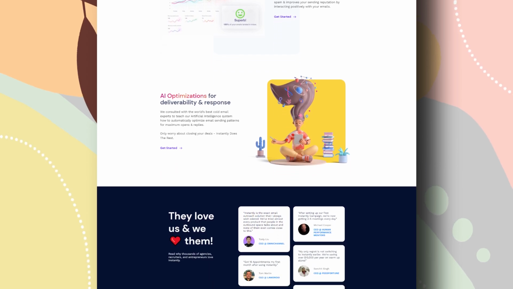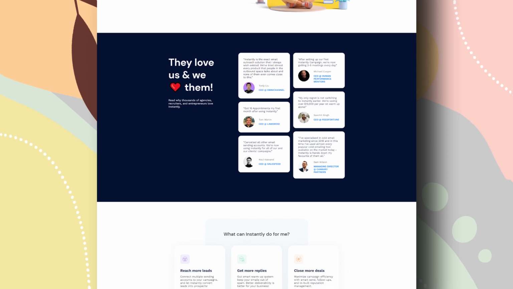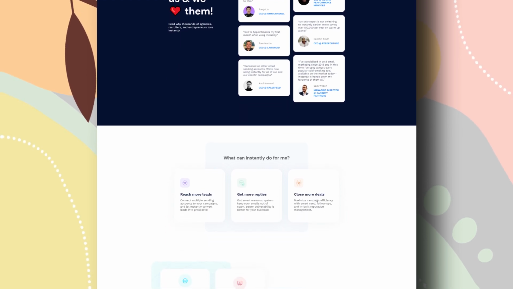It has a built-in warm-up tool that keeps your emails out of spam and improves your sending reputation by integrating